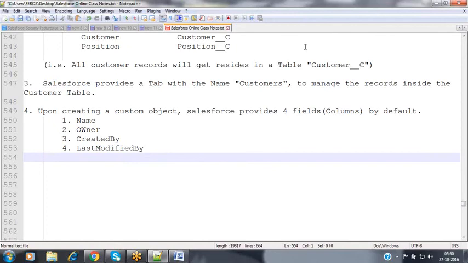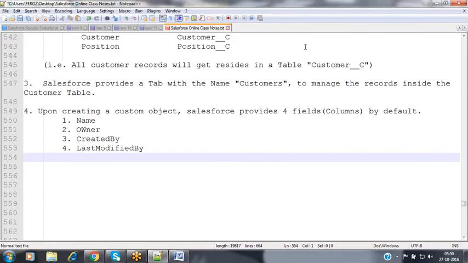So upon creating a new custom object, Salesforce will provide 4 standard fields by default: the name field, owner field, created by field, and last modified by field.